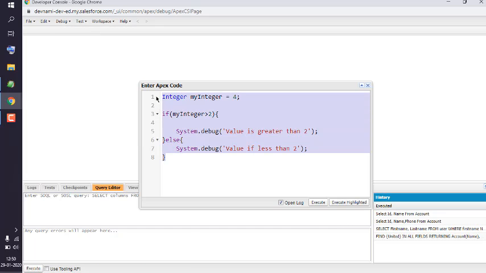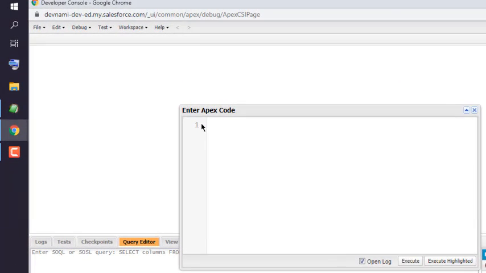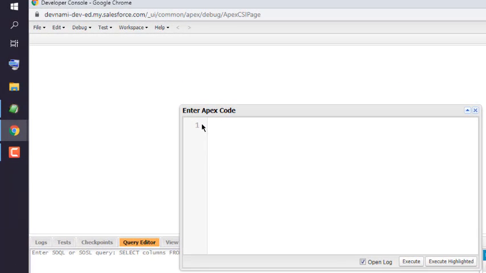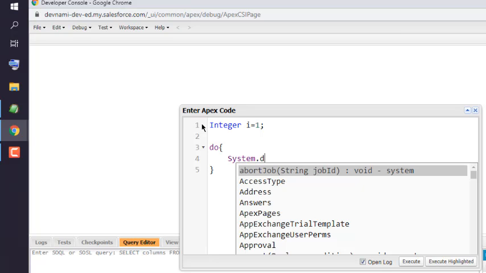If you have any existing code, you can remove that. Now here I'm going to write a do while loop. For that, let's first create one integer. Let's name it I and assign a value of 1. After that we will use the do keyword, and while that do keyword is running, we will output system.debug,